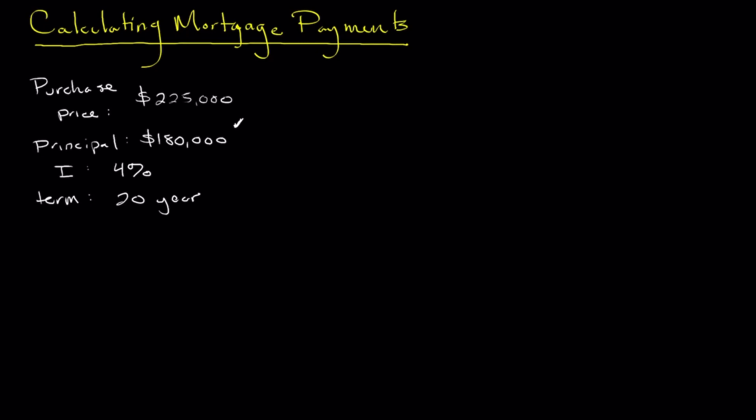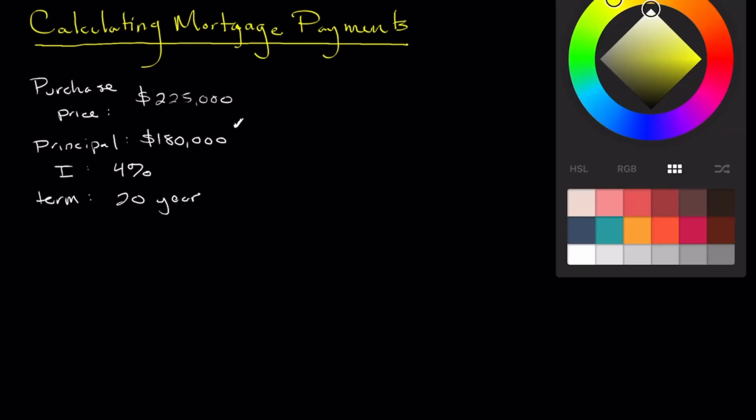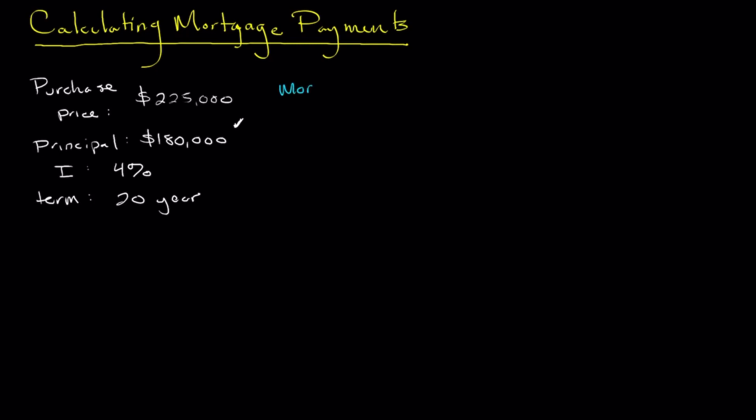15 results in a more expensive monthly payment, but helps you pay off the house much sooner, which is always nice. So now that we have some of the basic information, what we're going to do is try to figure out our mortgage payment. To do that, we're first going to look through the mortgage payment formula. In that formula, to calculate our monthly mortgage payment is our mortgage payment factor, which we're going to get just in a moment here,